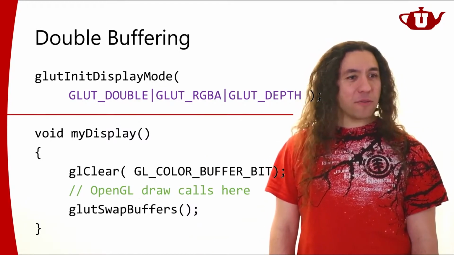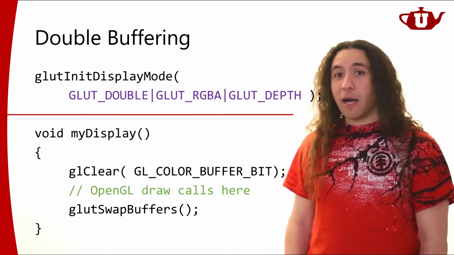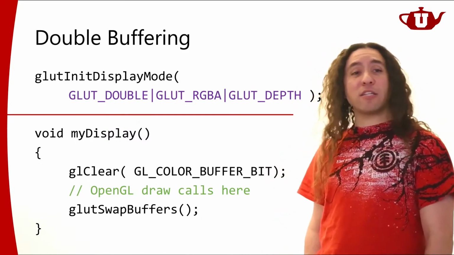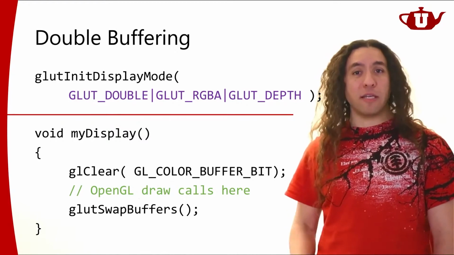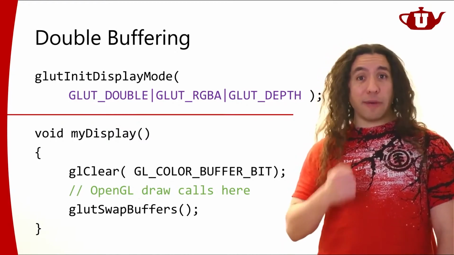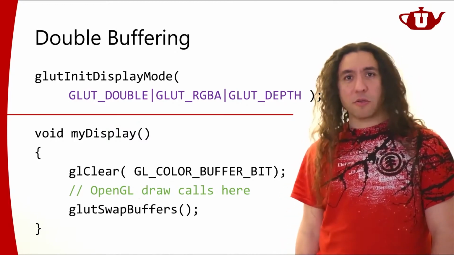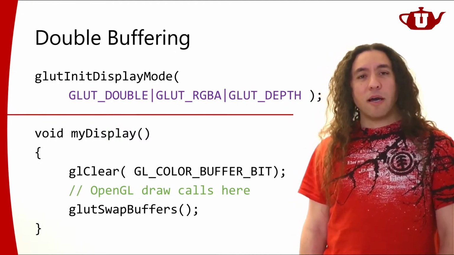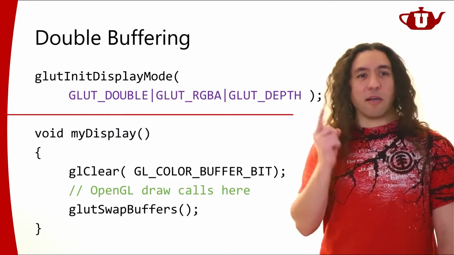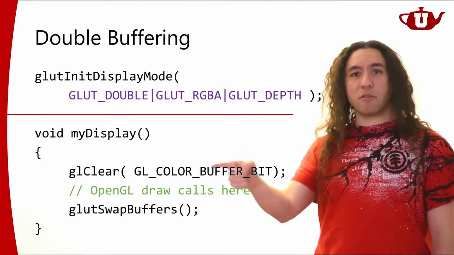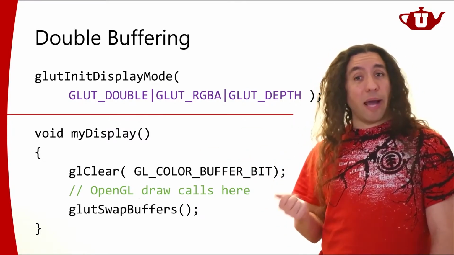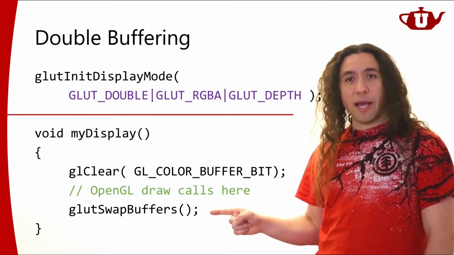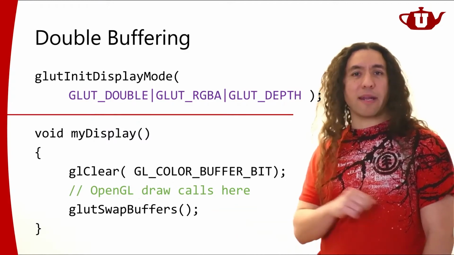How do we know when we are rendering to the front or the back buffer? That's a very good question, actually. So you can change the render target in OpenGL. You can render directly to your front buffer if you want. You can render to all sorts of different places on your GPU memory. And you can set the target for your render. You can say render into this buffer, into that buffer. You have that control. Now, GLUT swap buffers function will actually do these things automatically for you.